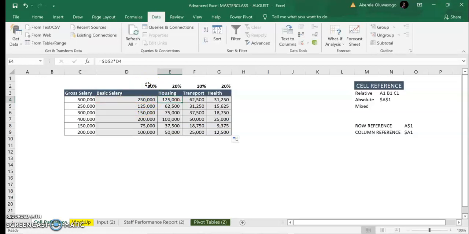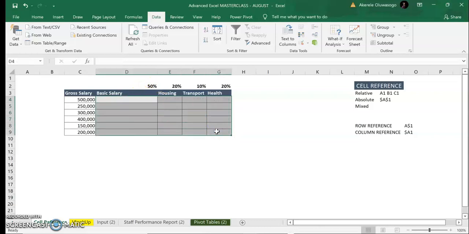So if you want to copy down your formula and you also want to copy to the right hand side, you are going to use your mixed cell reference. So in this example, because I want to do everything at once, I'm going to select all the cells where I want the formula to appear. So before you use this mixed cell reference,